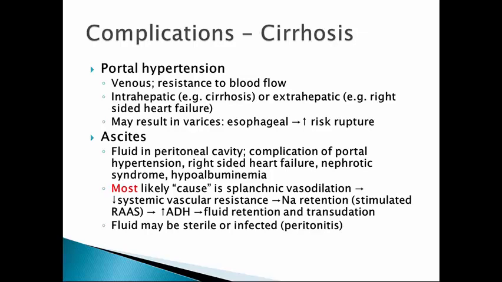Let's think about how that happens. With esophageal varices, you have an increase in the portal pressure. And this portal pressure, remember, has been increasing with the progression of the cirrhosis itself. This increase in the portal pressure puts increased pressure